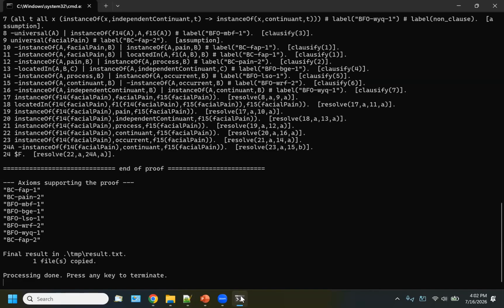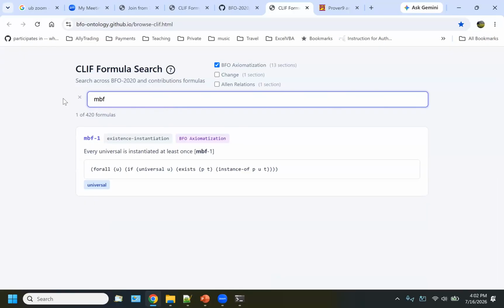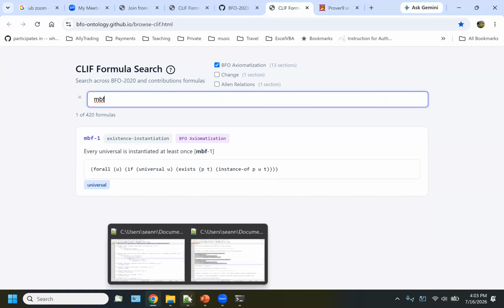For instance, let's look at the MBF1. So you type here MBF. And then you see, okay, this is the axiom here, MBF: for all U, if a universal, there exists the P and the T, that instance is P. No, that's not it. So you need to search for it. That's a little bit of detective work to do. But to make the story short, the problem is actually that we used located in,